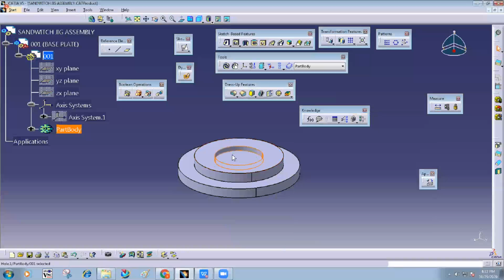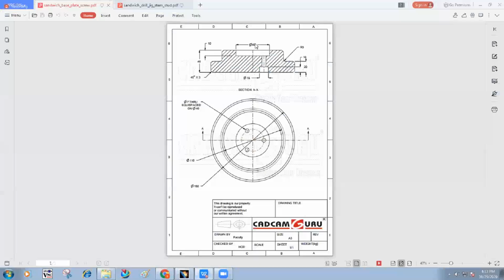Okay, after that there is one more diameter 16 hole. I think that is a counterbore. Diameter 16 and base diameter is 7.